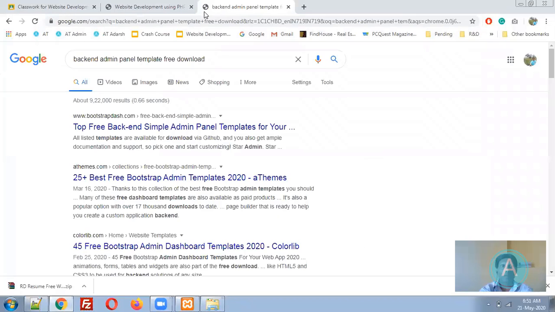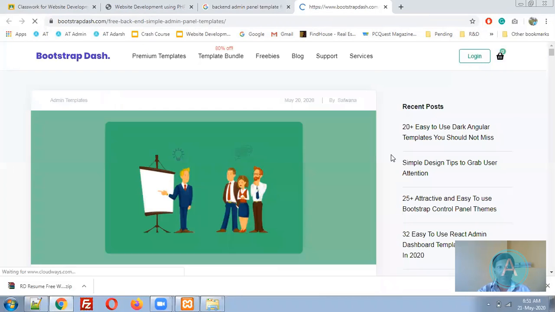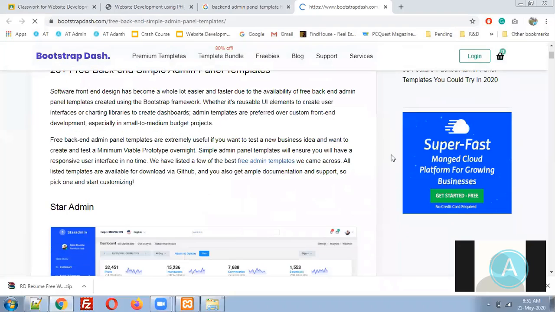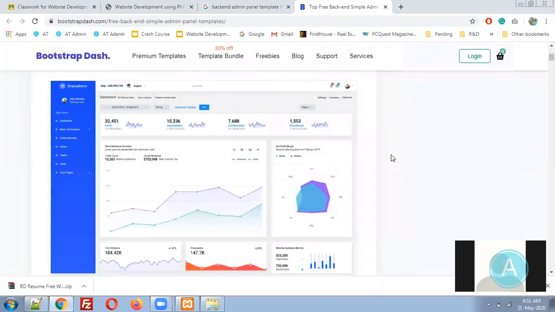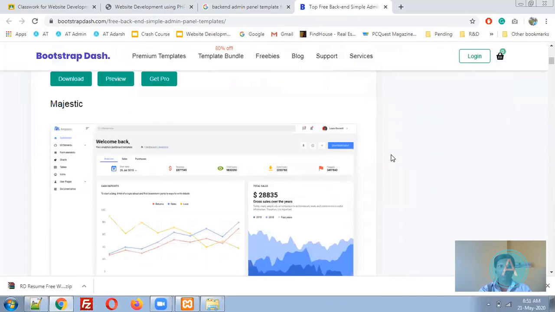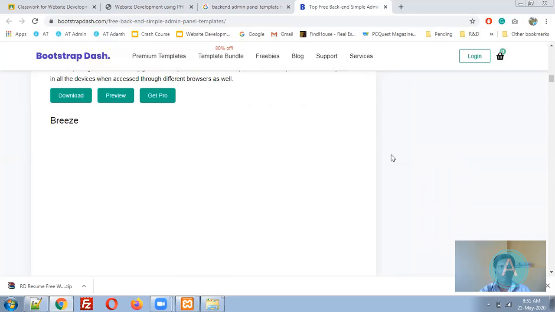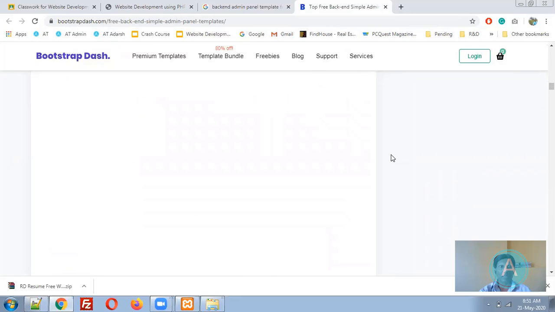You can search something like this: backend admin panel template free download. Let me go over here. You can see the things. This is the Star Admin. This is Majestic. This is the Plus Admin. It is loading. Purple Admin. Breeze. Stellar.